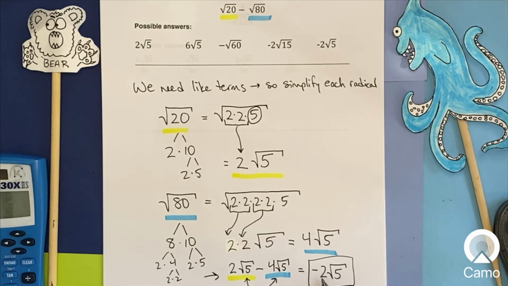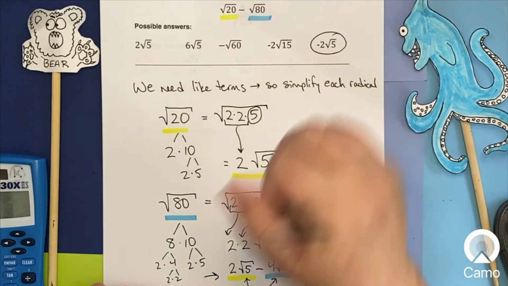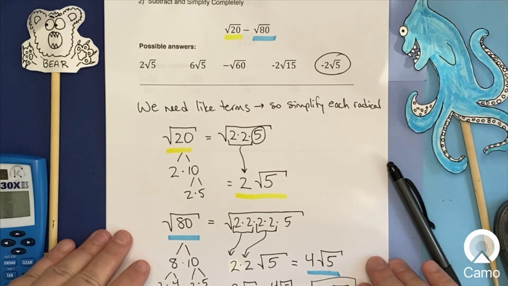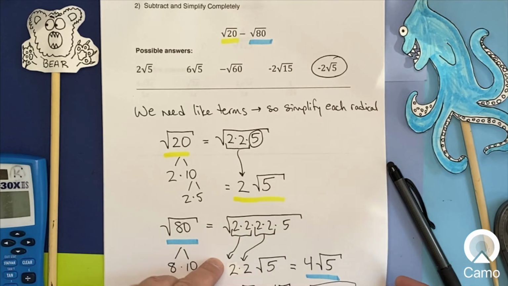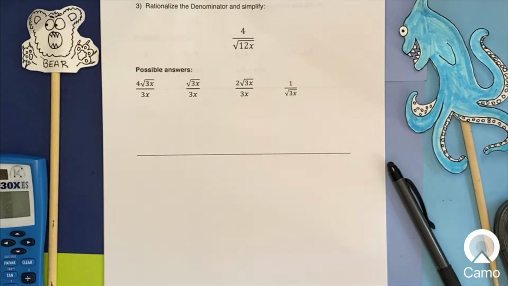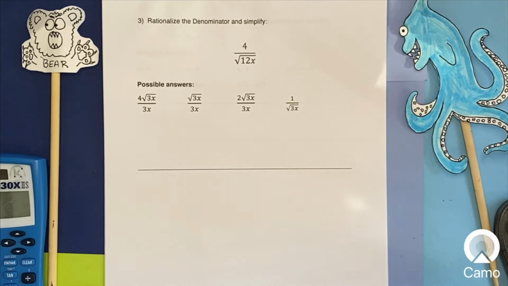I've got negative 2 times radical 5, and I see that right here. Yay! And I know some of you are very excited because you can tell I've learned how to put the correct answer not always in the first spot. I know, I'm learning. Woohoo! You can teach an old math teacher new tricks. And, oh